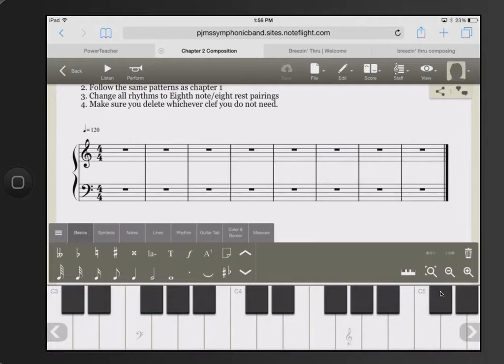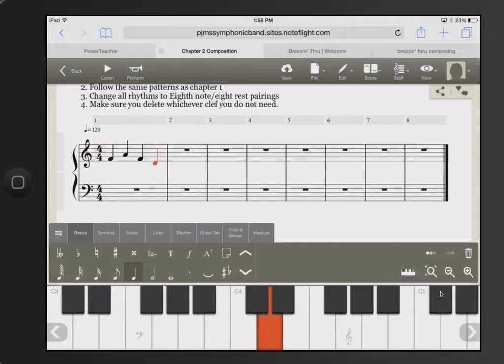And then once you start editing this, this is going to automatically submit to me, so you don't have to do anything to submit the assignment, but just make sure that you hit save when you're done so that I get it. Okay, so we're going to create ours, and my motif was